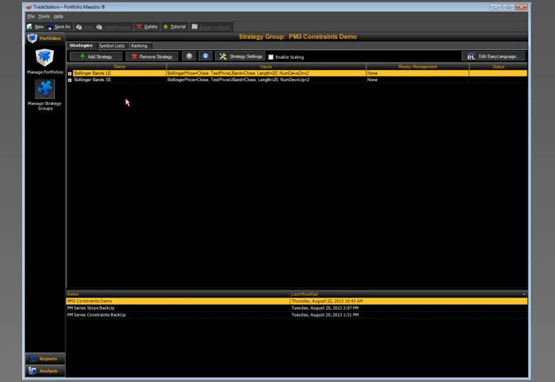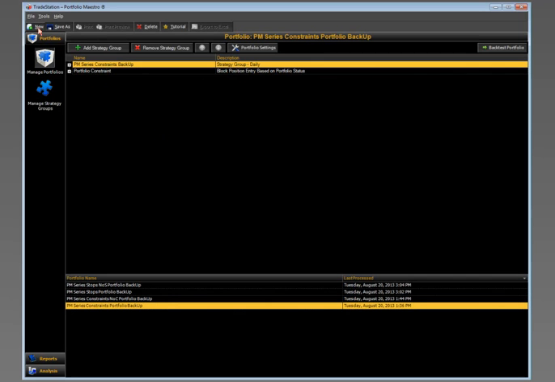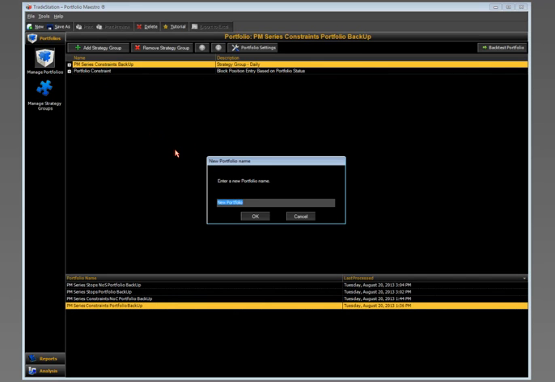All right, now that we have our strategy group created, I'm going to go to the Manage Portfolio. I'm going to create a new portfolio. Let's see, keep the same logic here, PM3 Constraints Demo. Actually, let's call this Portfolio Demo,